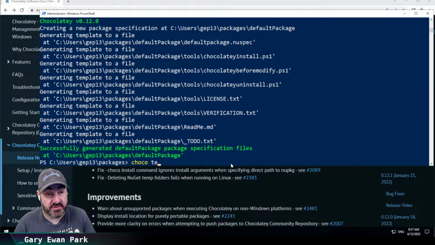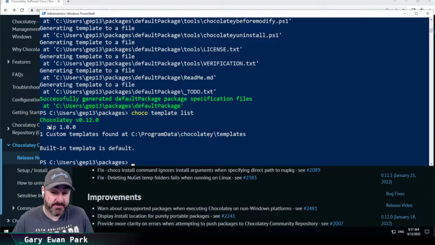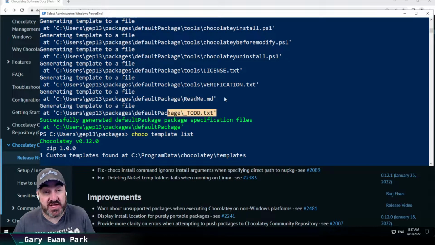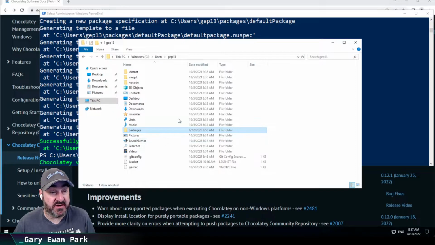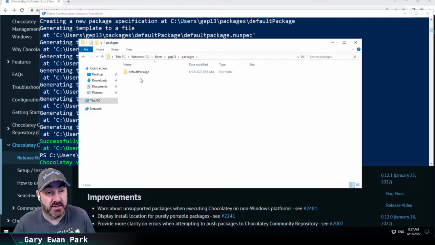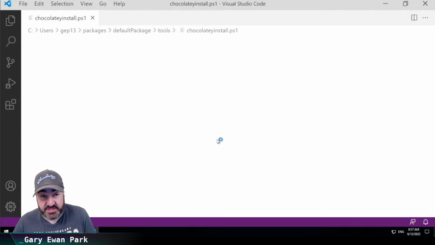So for example, if I run the choco template list command, you'll see that I've already got the zip template installed. The idea behind the zip template is that I can construct a package that doesn't have some of the things that are included in the default template. For example, the to-do.txt or the chocolateyinstall.ps1 has lots of information in it in the default template. If I go over here and look in my packages folder at this default template package that was created, this chocolateyinstall.ps1 has lots of information in it